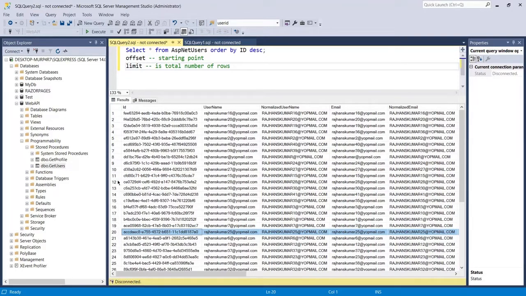So like this, offset will be 11, this will be the offset row, and this will be the limit row. The limit will be the count of total rows from 11 to 20. So here it is the complete count of 1 2 3 4 5 6 7 8 9 10. So limit will be 10 and offset will be 11. So let's move to the procedure then.